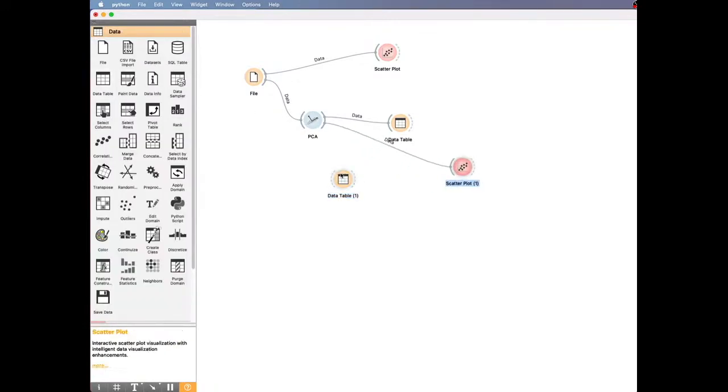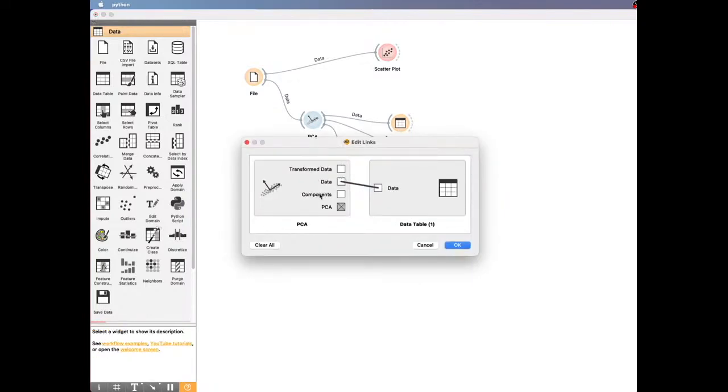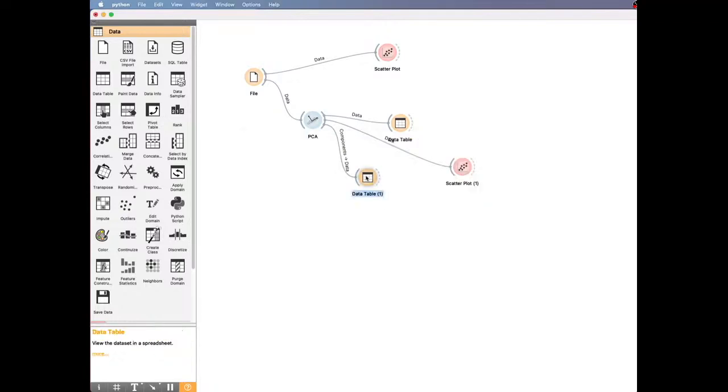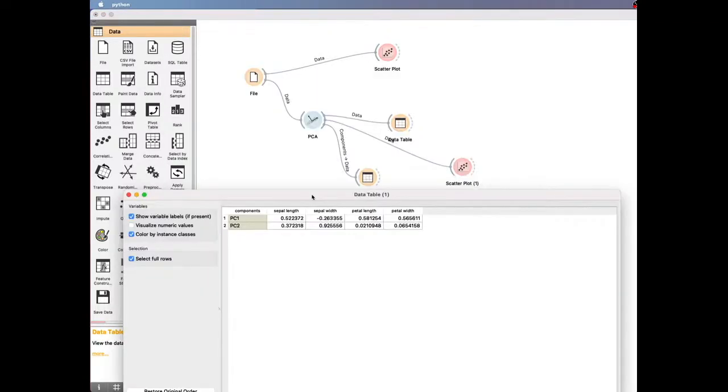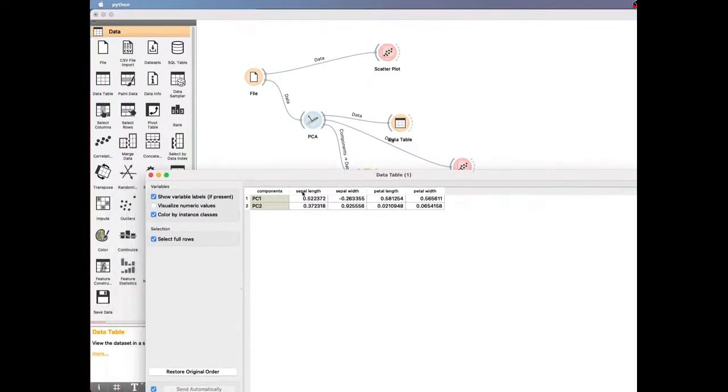we add another data table right here, okay, behind the principal component analysis, but we do not pass the original data to the data table. Instead, we connect this one, component, okay. So what does that mean? That is, as we mentioned before, PCA is some kind of rotation in space, right? And it has A1, A2, A3, A4 to D1, a lot of factors to describe how to rotate the data. And here are the parameters.